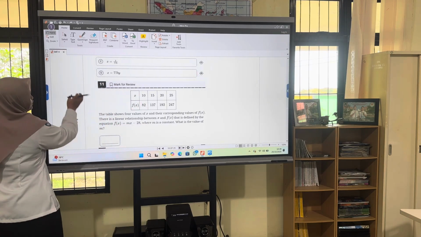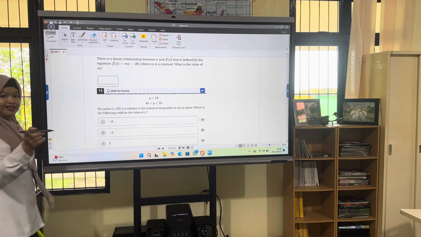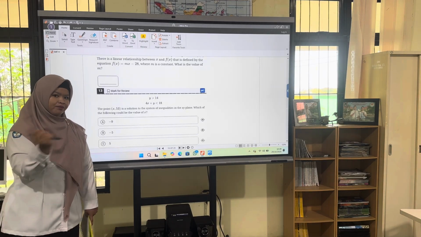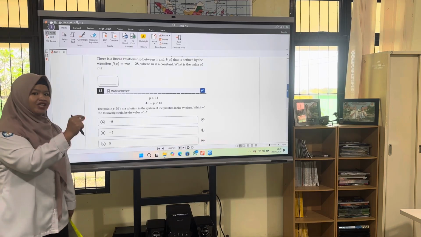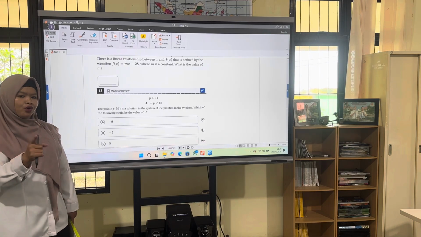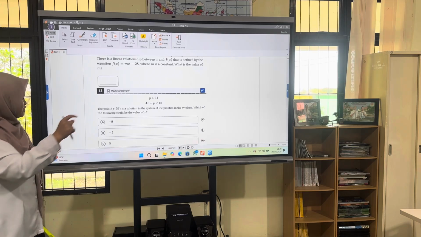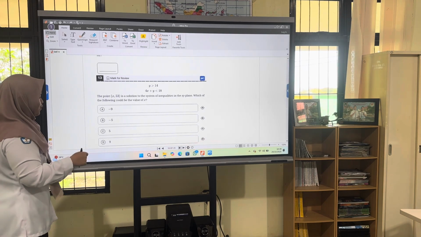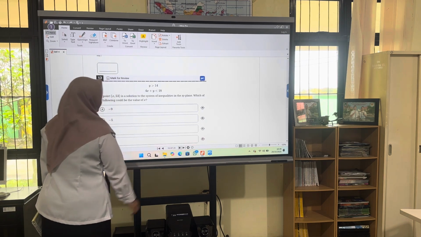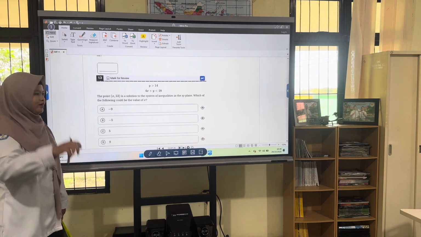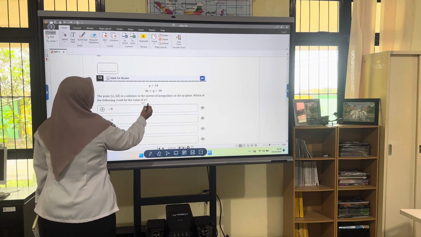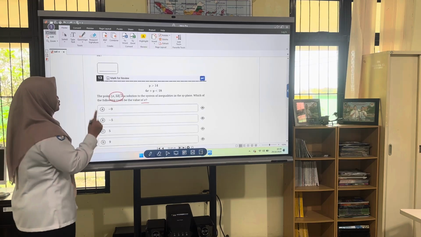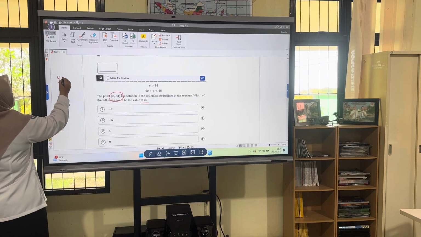So we will continue to number 12, and number 13. For number 13, you cannot do elimination from this information because you need to make sure whether this statement is true or not. Because maybe in the future there is an option that is not true about the statement. But let's see what they're asking about. Can you find what the value could be of x? Because the information has the coordinate x, comma 53. So you need to try y is more than 40.